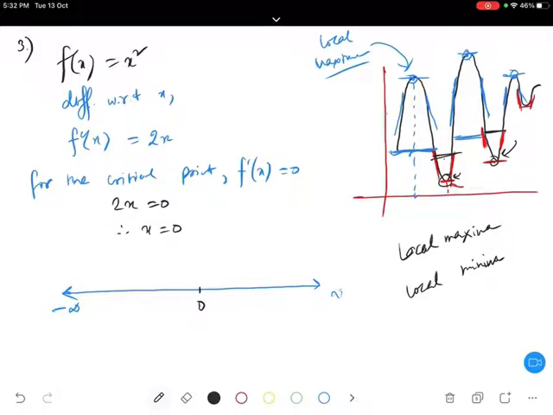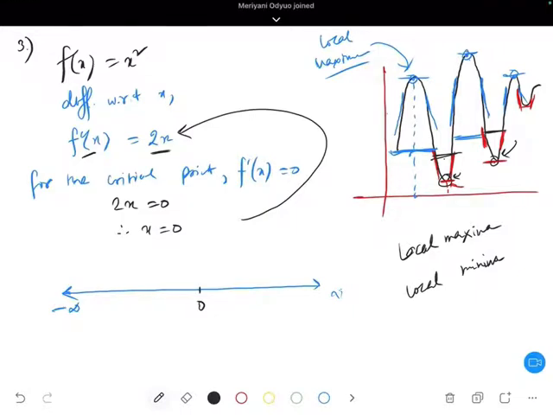If I take 1 and put that value in the slope, I will see whether we get a positive slope or a negative slope. When I put x as 1, I get 2, and 2 is positive. So if I take any number to the right of 0, I will always get a positive slope. Everyone, yes or no? If I take a value less than 0, suppose x is equal to -1, then -1 into 2 gives us -2, and -2 means the slope is negative.